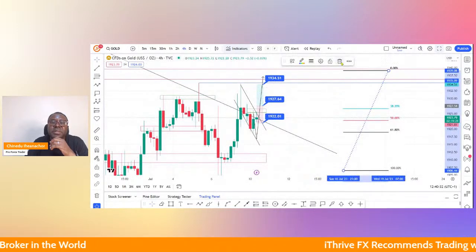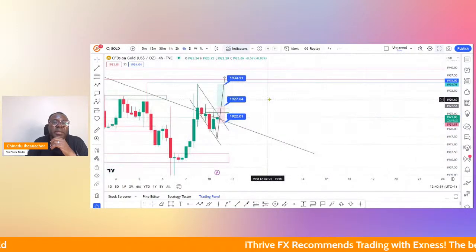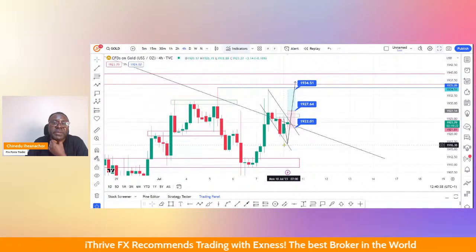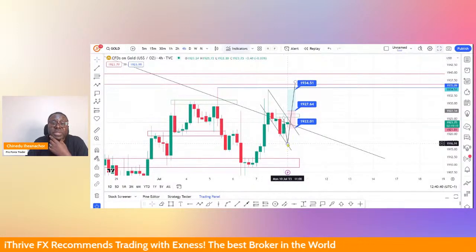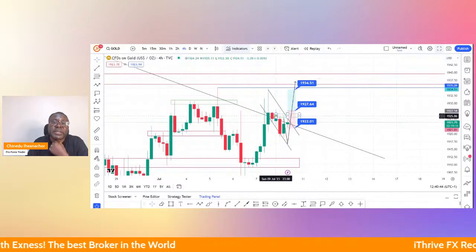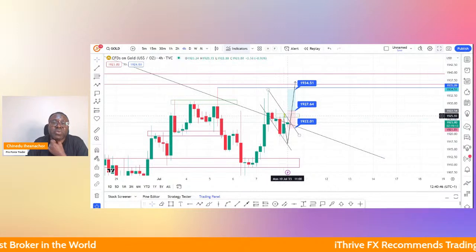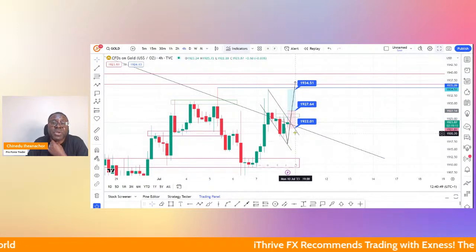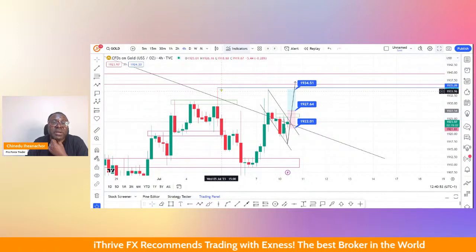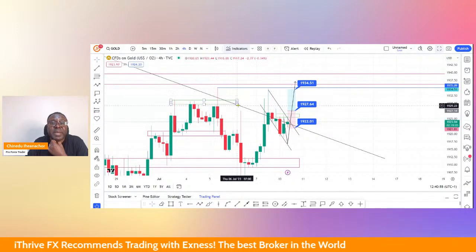Let me remove this. So we're saying that price might go back down to test this area, which completes the 50 to 61.8 retracement tool and breaks to the upside. Again, there's an identified area of liquidity that could be grabbed and the price moves down. But if this area is broken, there's some other blocks around this area, these highs, maybe market price has done